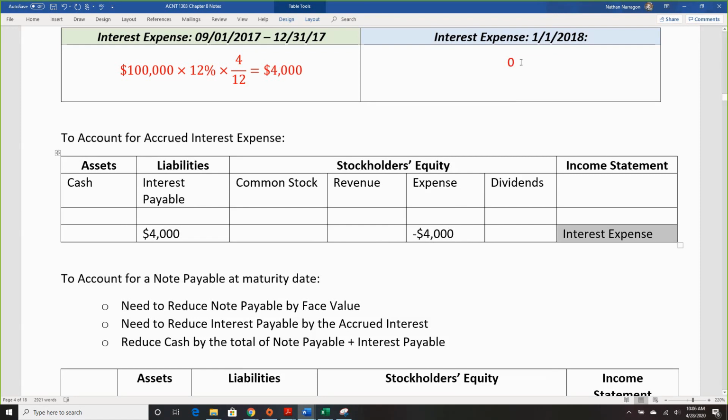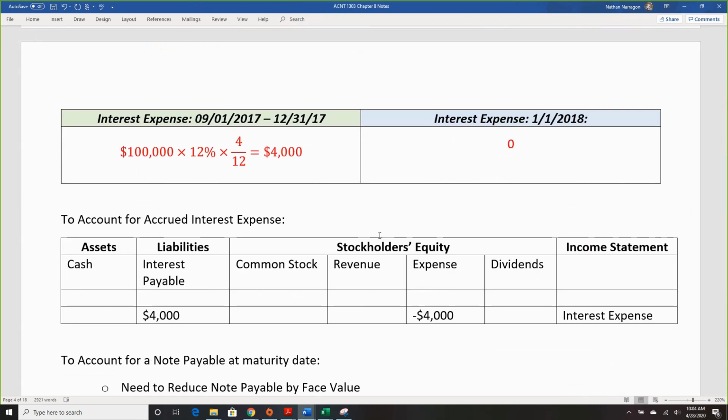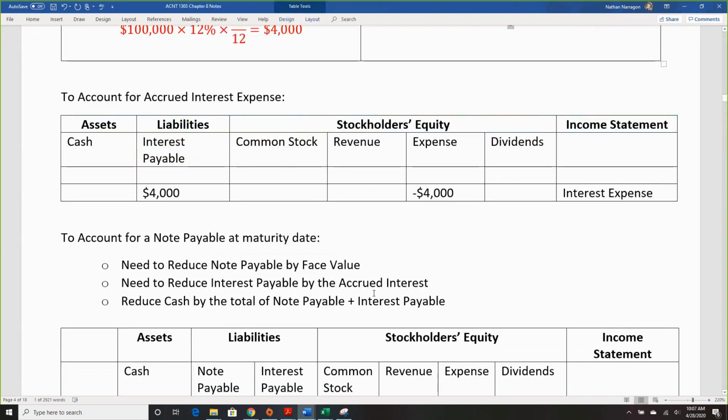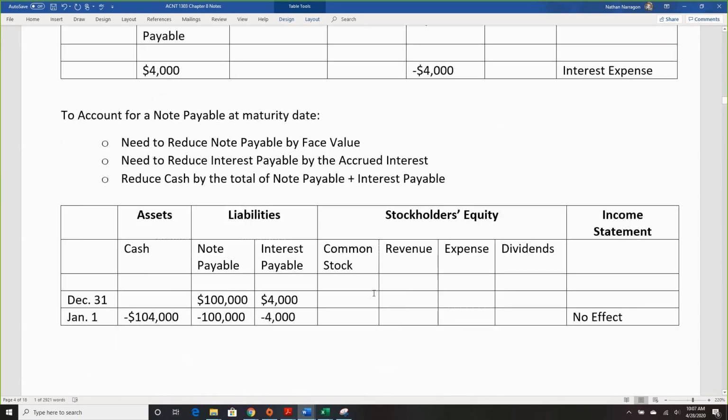Now, the note has matured on January 1st. Again, when we talk about maturity date or any of that, that means it hit its due date, its end of its life. And when it hits those, we also have to record. Because what are we doing when it hits its due date? We're paying it off. Okay? So, to pay it off, first off,